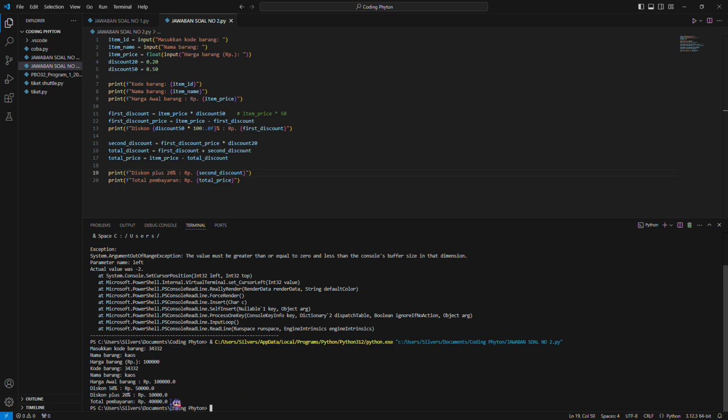After applying the 50% discount, the program applies an additional 20% discount on the new price, so the amount of discount is 10,000. And lastly, the program calculates the total price after both discounts, so the total price is 40,000. Okay, the second problem is solved.